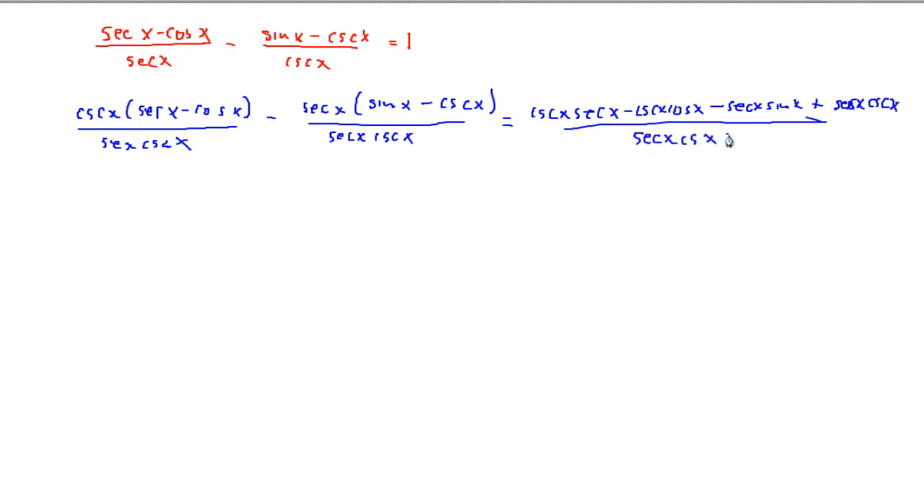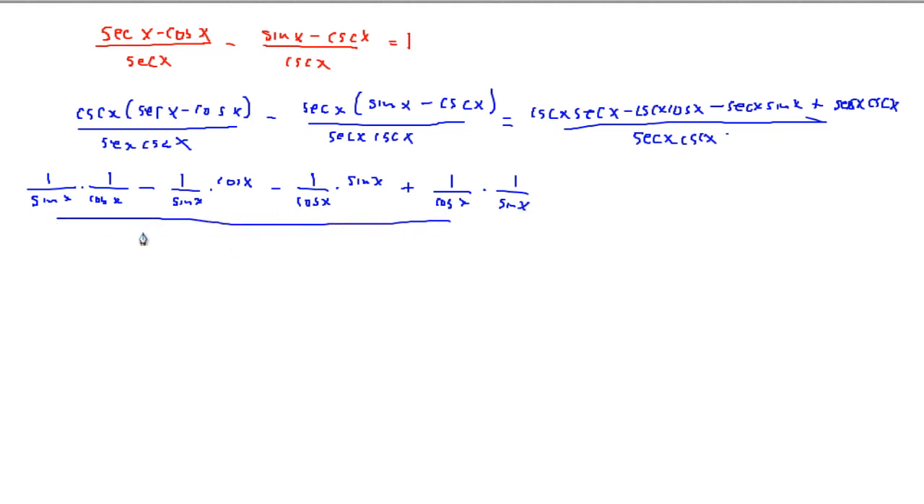secant x cosecant x. Now I'm going to convert all my inverse trig functions into regular trig functions. So cosecant is going to be 1 over sin of x, and secant is 1 over cos of x. So 1 over sin of x multiplied by 1 over cos of x, minus 1 over sin of x multiplied by cos of x, minus 1 over cos of x multiplied by sin of x, plus 1 over cos of x multiplied by 1 over sin of x, all over the common denominator of secant, which is 1 over cos of x, multiplied by 1 over